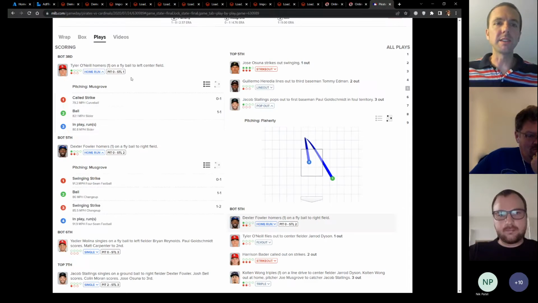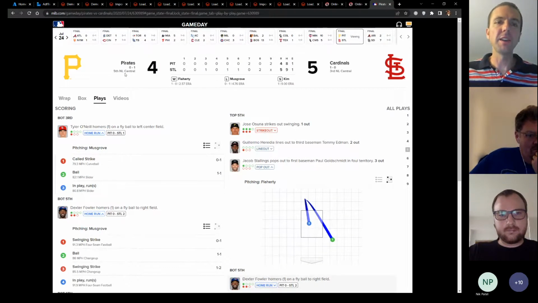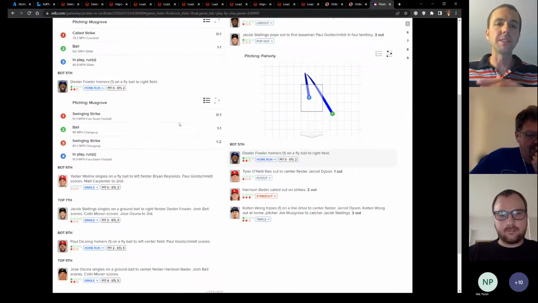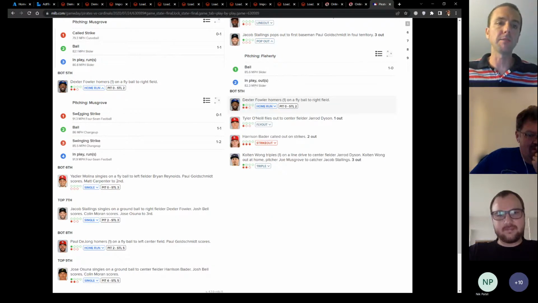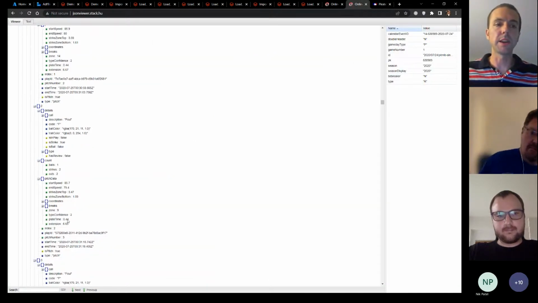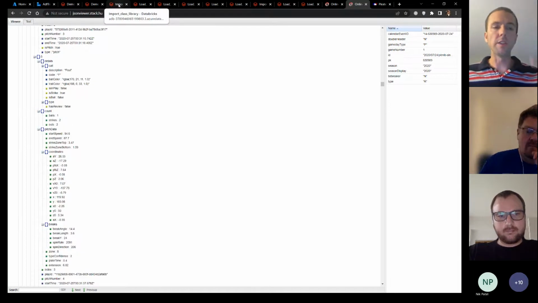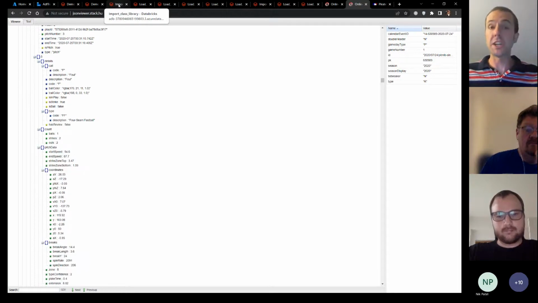This game is this Pirates Cardinals game, and everything you see on the screen right now is in that JSON. Even the metrics that let you create this visual are in the JSON. Every piece of information about a pitch, every piece of information about an at-bat, and, not obviously the player's picture, but who it is, what they did, when they did it, and the time stamping of all this stuff is all in this JSON that I want to parse out and process. Writing a SQL query that processes this is not scalable and probably just a bad idea, because they change the format every so many days. I've actually seen new elements appear over the course of a season.